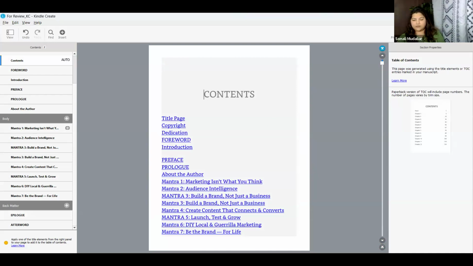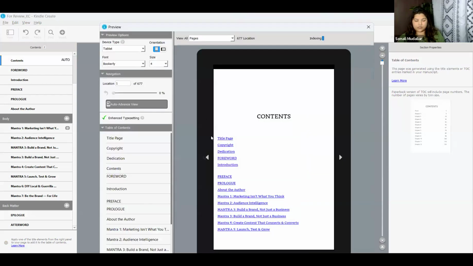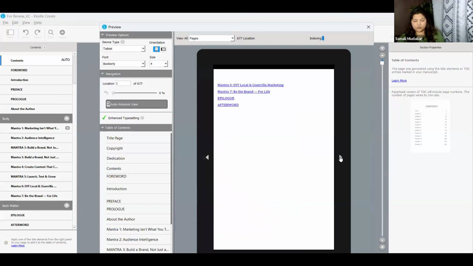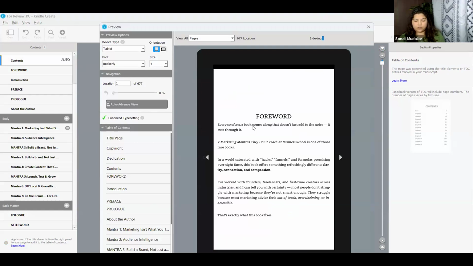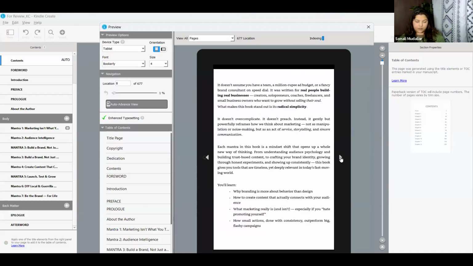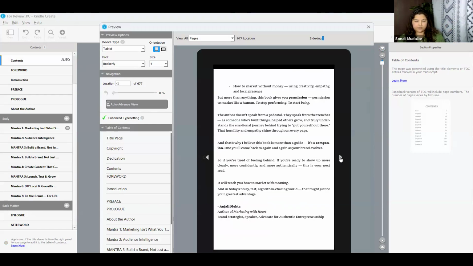So now I save this, and the next step is to go down to preview. I'm not going to change anything; I'm going to keep everything the way it is, and just scroll through. The whole idea when scrolling through is to check the spaces and the formatting. If there is a spelling mistake, I have to go back and correct it. See, now I'm checking.